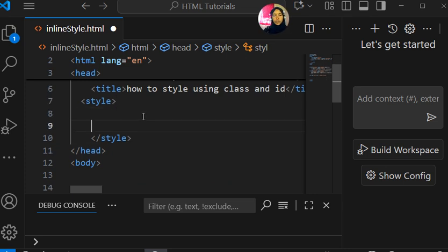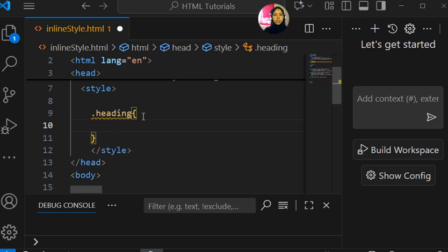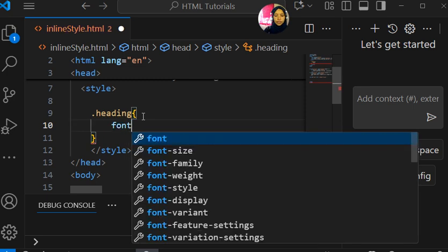To apply style using a class, you need to type dot and then the class name. Here I want both the headings to be center aligned relative to the web page and also have the same font size. To do that,